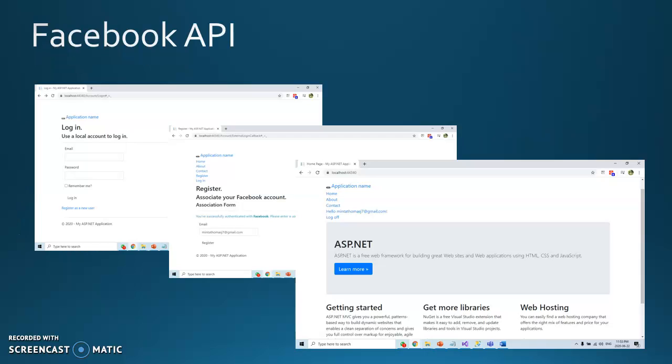In order to get the app ID and app secret key, we use the Facebook developers login. There we have to register at first in order to get this ID as well as the secret key. So I have registered onto it, and then I've received both of them.